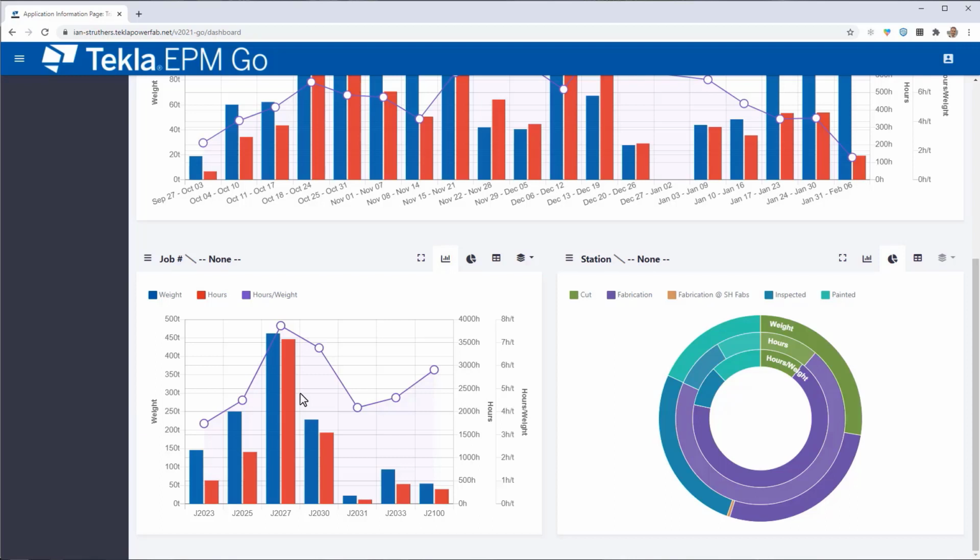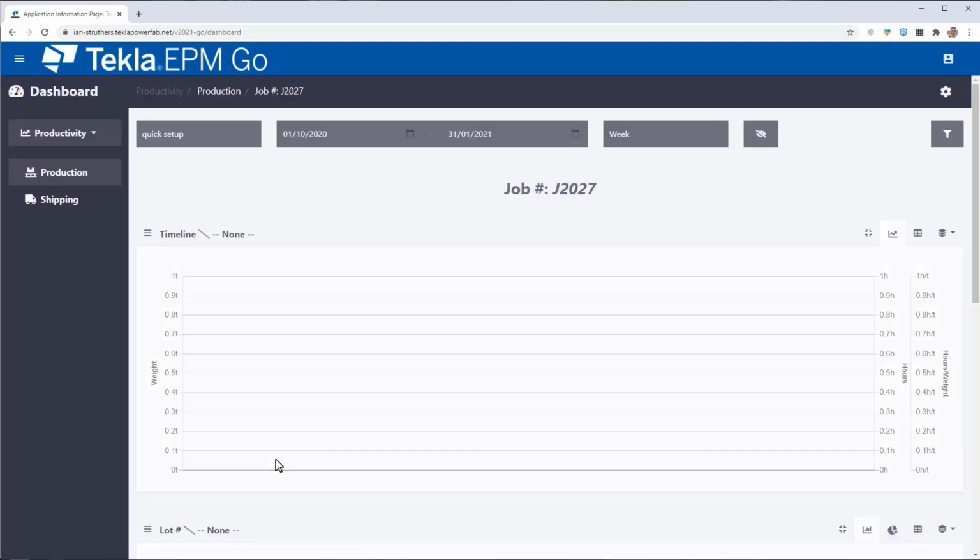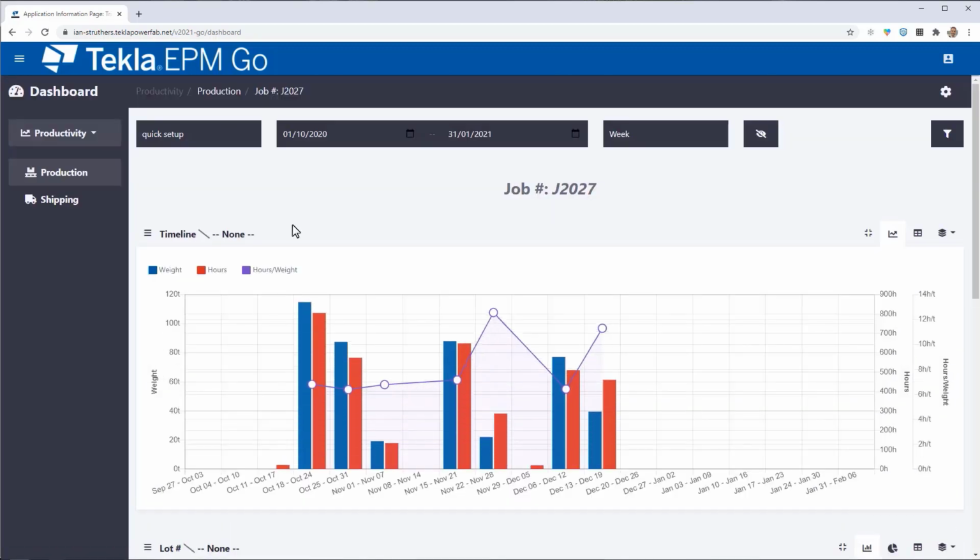Now, dashboards are designed to be interactive. They're designed to drill down through the different levels of data, and this is effectively our top level. What we're able to do is drill down by clicking on any of these areas. I might toggle that to be a bar chart now so we can see it a bit clearer. If I want to delve into a particular job, I can simply click on a job there, and that's going to drill me down into looking purely at job 2027 here.